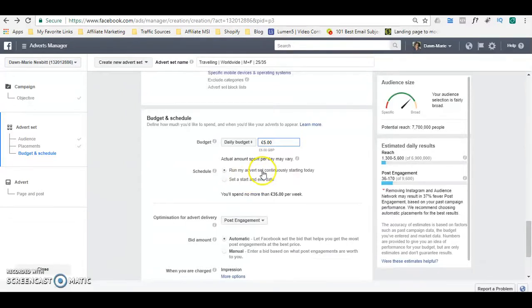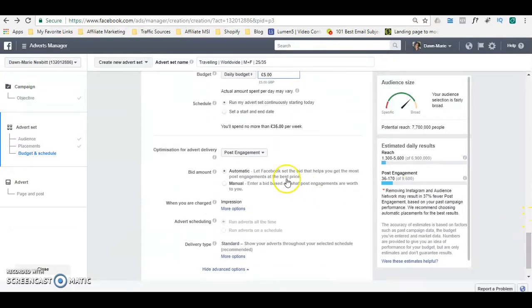But if you are ready to just start placing your ad and place it immediately, then you can select Run My Advert Set Continuously starting today, and once you've placed your order, your ad will immediately appear once it has been reviewed by Facebook. Now we're going to optimize for advert delivery, and we're going to leave that as post